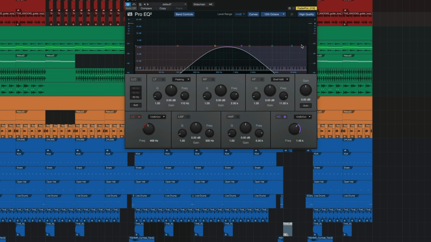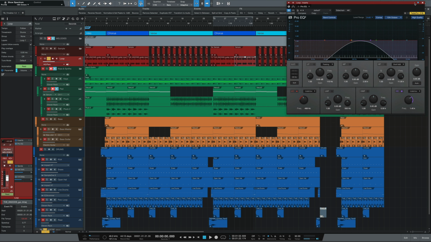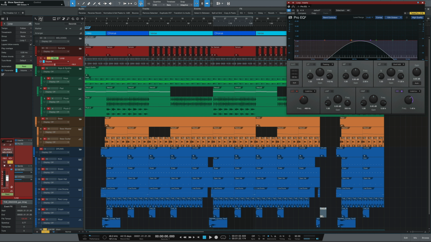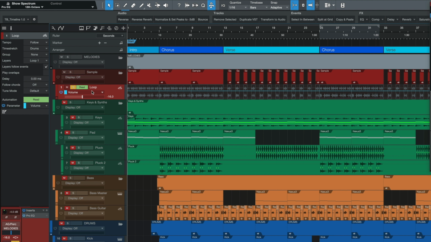That sounds good. I'm gonna go ahead and pin this plugin so it doesn't move by clicking this little icon here, and I'm gonna move it to the top. Now, go back to your timeline, and on the top left here, you're gonna wanna click on this icon next to the wrench tool. So click on that, and that will open the automation lanes for each track. From here, go to the track where the EQ is placed and click on the little rectangle drop-down menu. Now, normally it would say display off, but I already messed with it, so mine looks a little differently. But go ahead and click on that.